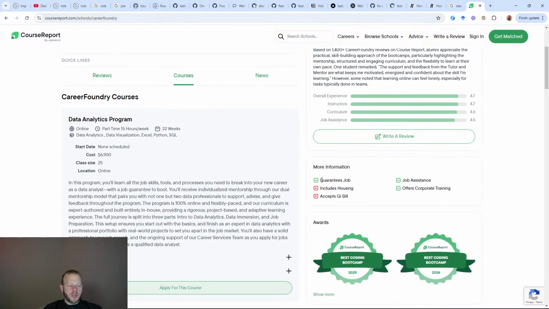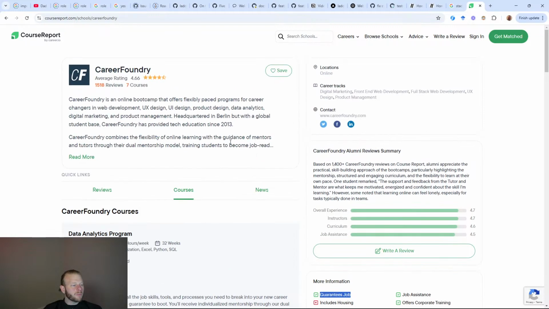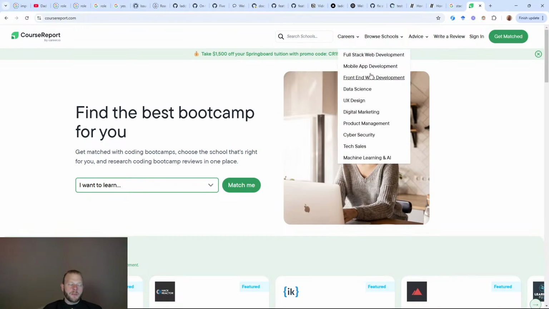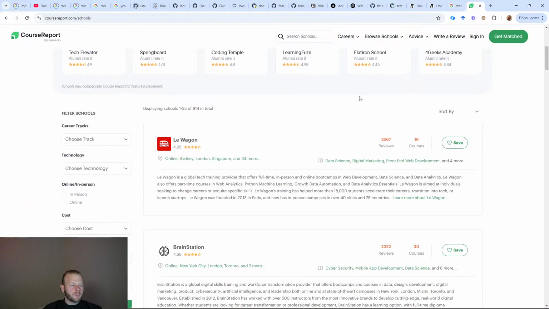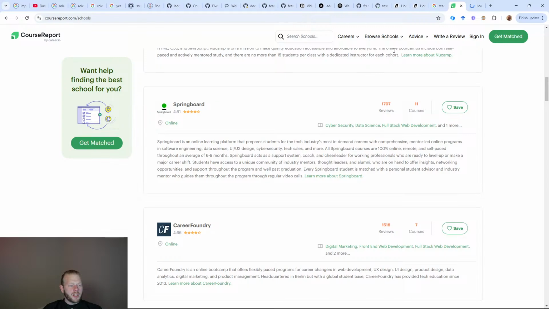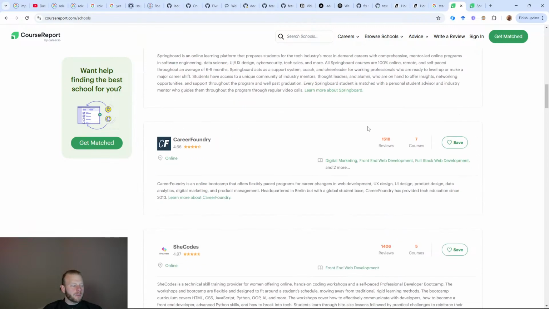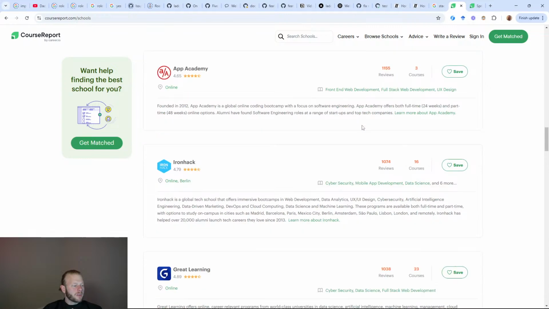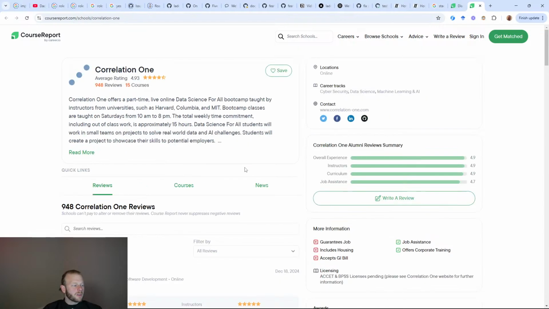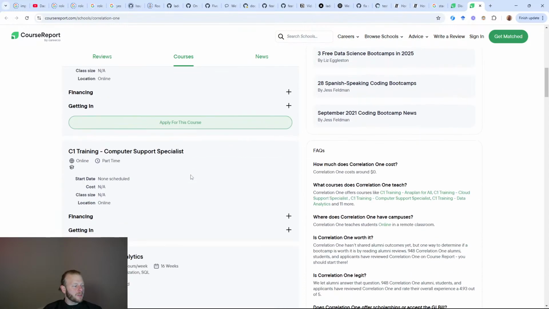They have a job placement guarantee. But I do think that Python is not their area of focus. So if you want to do data science, you just need to go through the schools and you need to learn the prestige rule: 4.25 or better on the rating, over 400 reviews. Springboard, really good. They have a data science one I like a lot. Correlation One, I hear good things. And they definitely have Python, but I don't know that they do software engineering, or is it a data science focus?